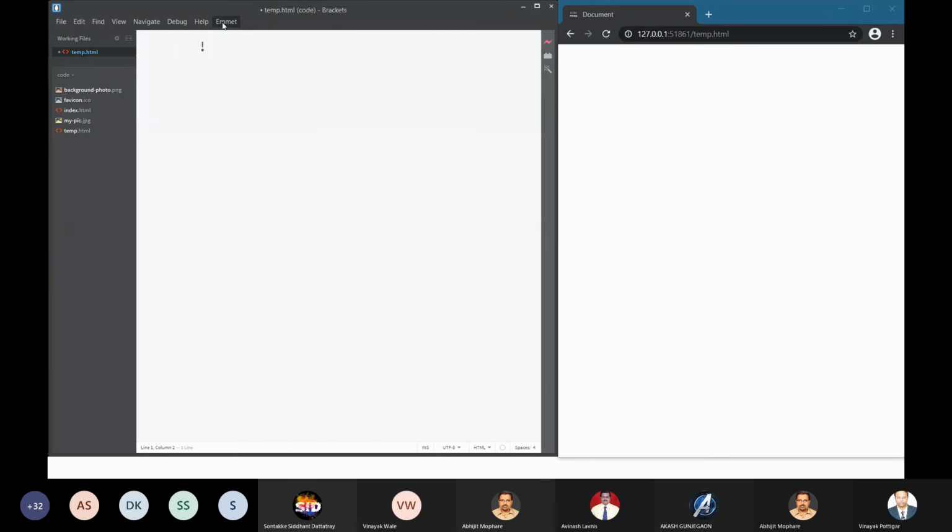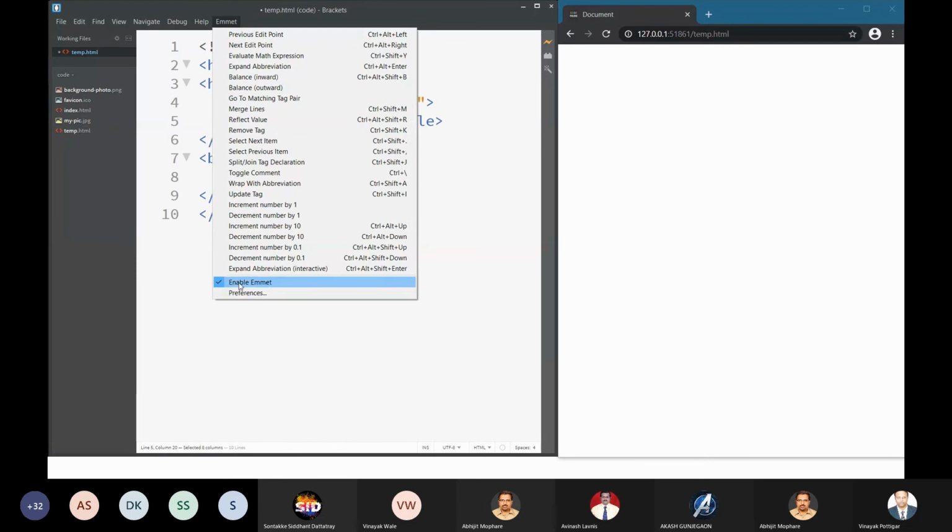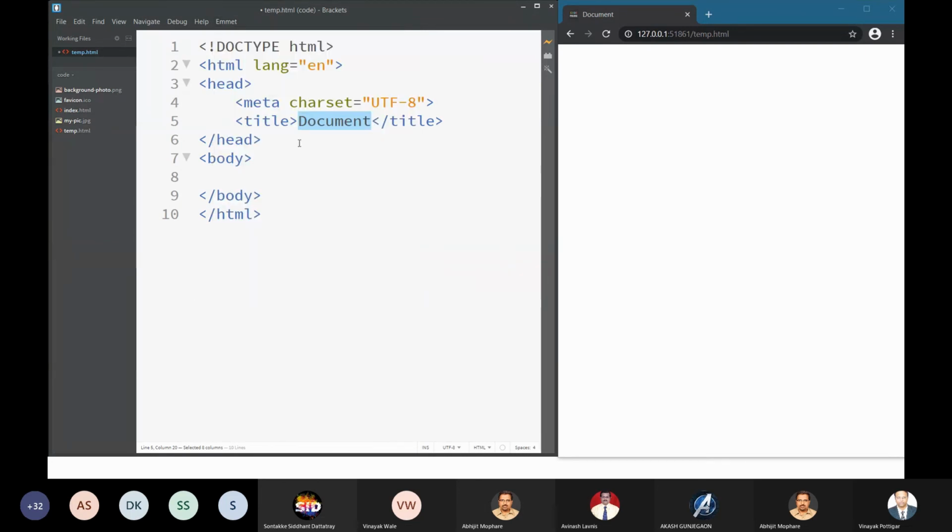So after you press the Tab key, Emmet does this. For that you must have Emmet enabled on your Brackets editor. This is the beauty of Emmet. It generates the code with the help of some shortcuts, and it will help you a lot whenever you want to create some HTML snippet, code snippet, right? So this is what is generated by Emmet. That's why I have told you that Emmet is very, very essential.